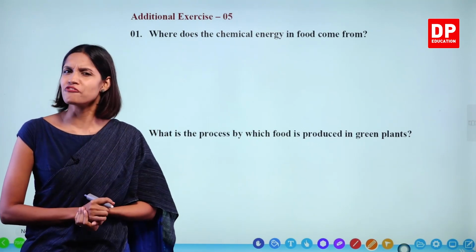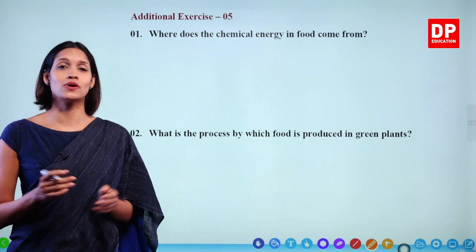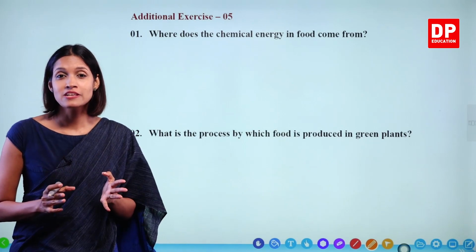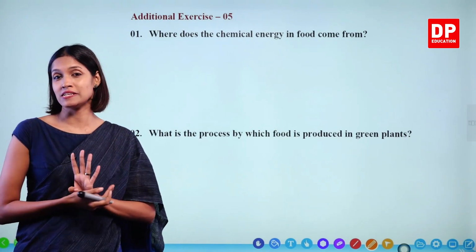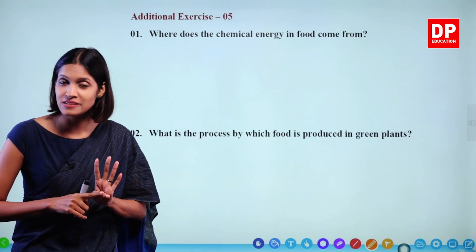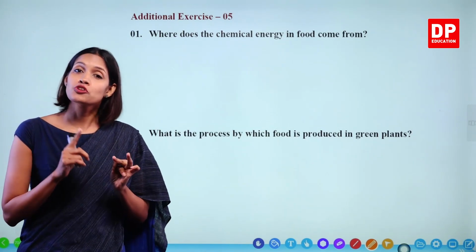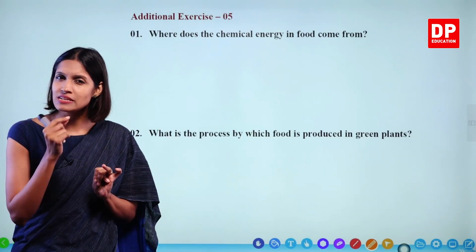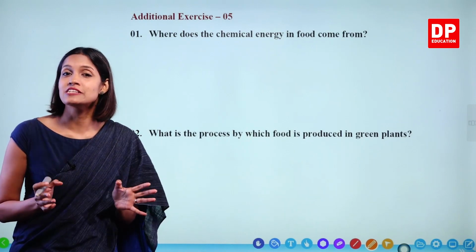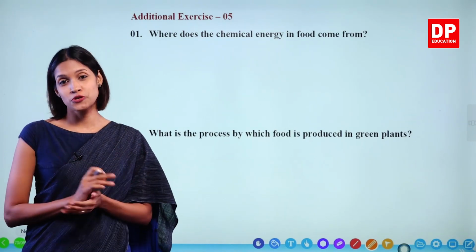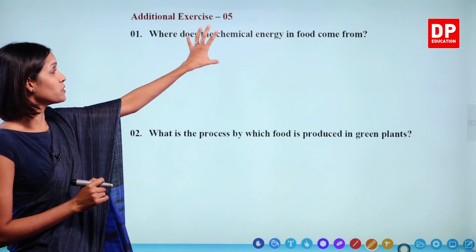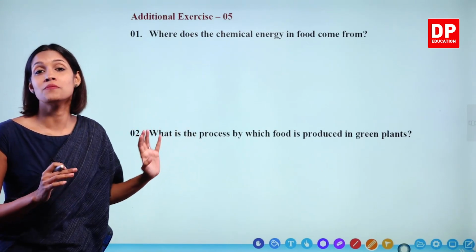Do you remember what are the factors affecting photosynthesis? Now I told you photosynthesis means the production of food in plants. So this process needs 4 factors. What are the 4 factors necessary for photosynthesis? Carbon dioxide gas, sunlight, chlorophyll present in plant leaves, so the green color pigment present, and soil water. Okay, so sunlight is one main factor affecting photosynthesis. Understand, children? So the energy to produce food is taken from the sun.